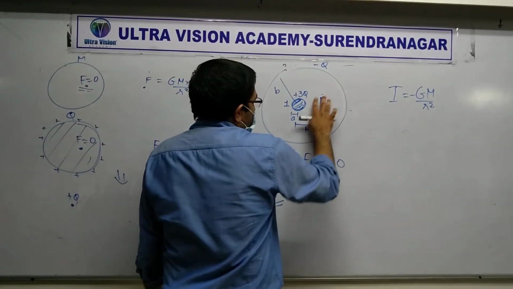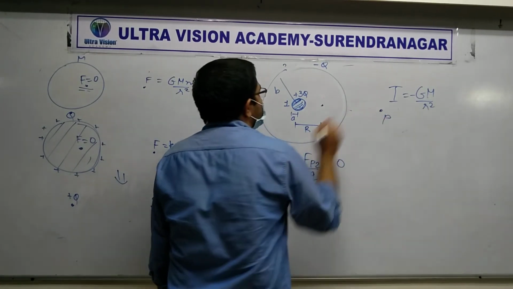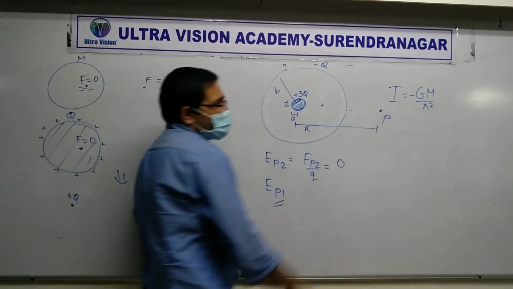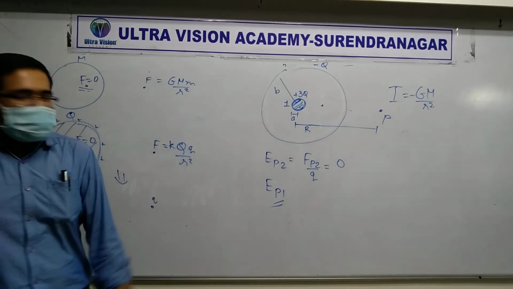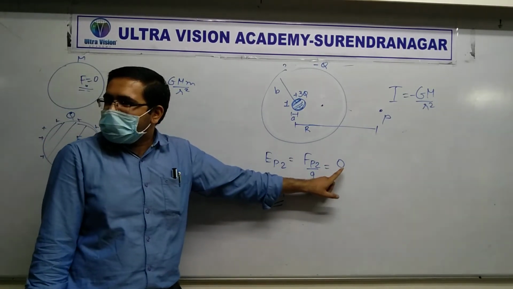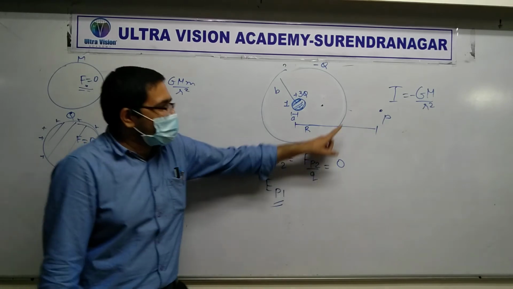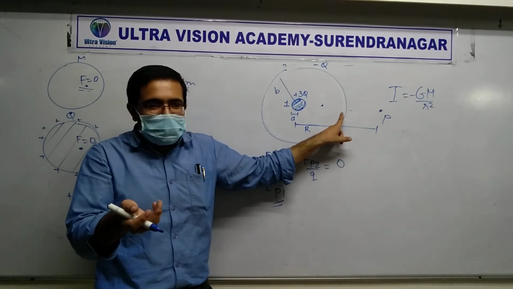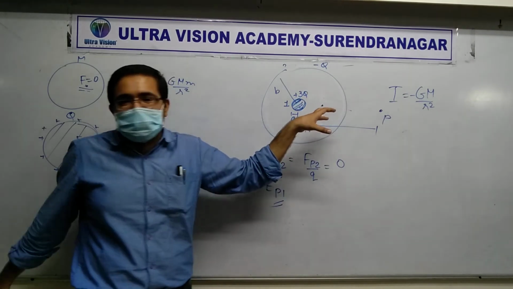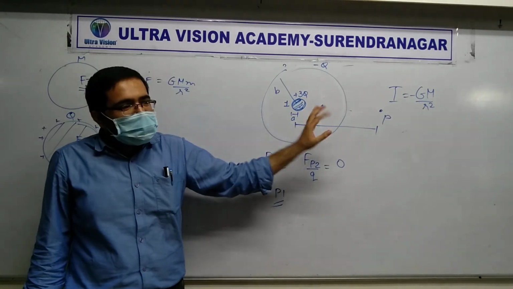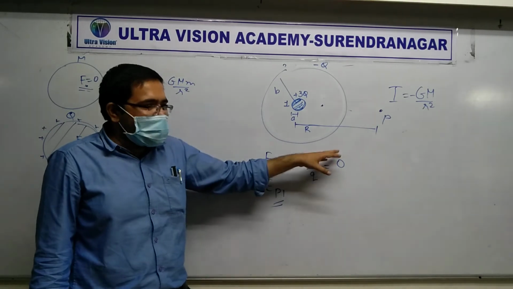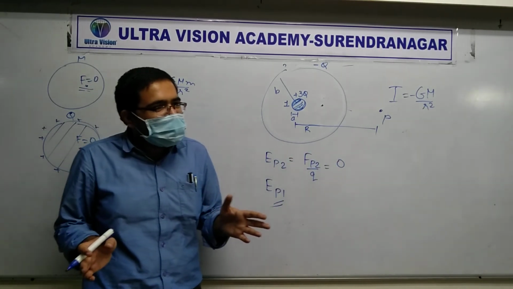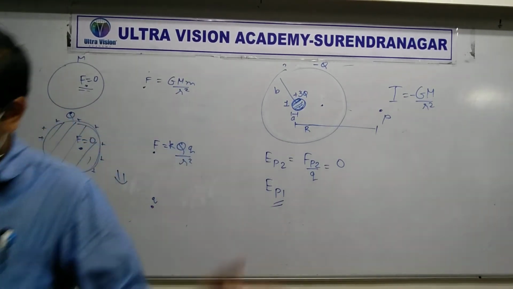If the question is outside, you know how to do it. Suppose instead of here, it's here. The distance is r, this is r. So this will not be 0. Do you understand? Yes or no? Why not? Because now, is this point inside the shell? No, it is outside the shell. So just assume that it's a point charge. Got it? So once this is done, this will not be 0. One will come out negative and the other positive. So the total will be that. Got it? These are just like gravitation.